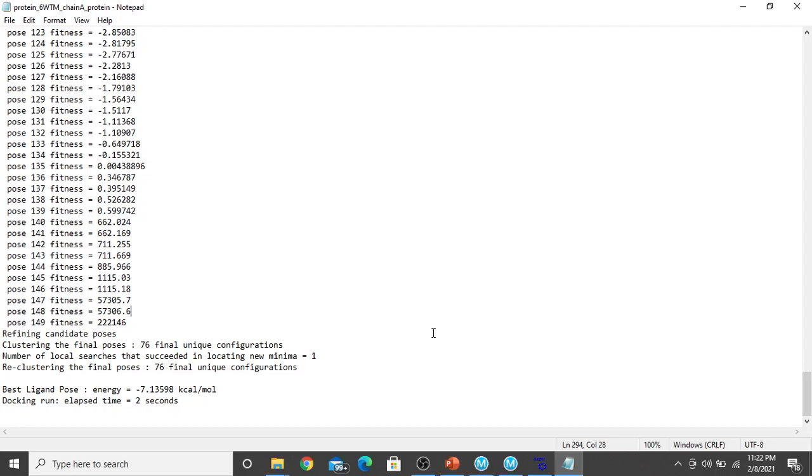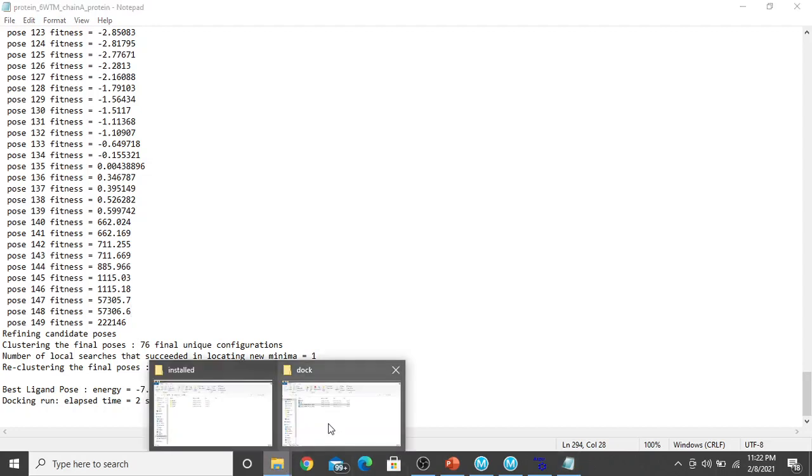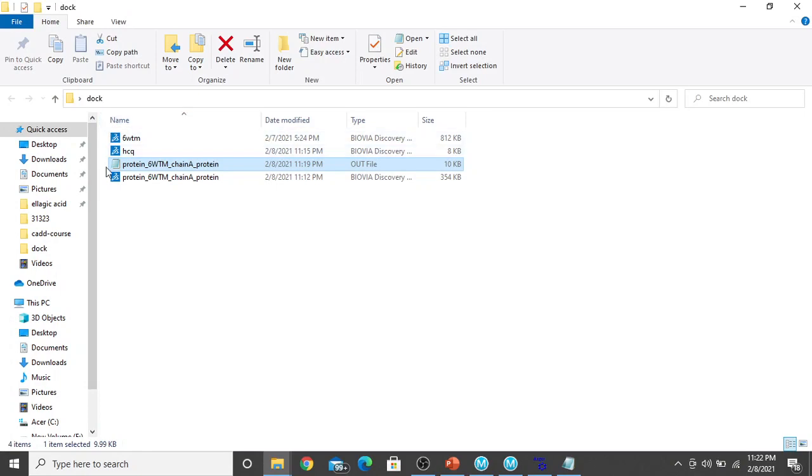Okay, so each time when you do docking, a separate folder like this, here it is a dock folder. So if you do another docking, you have to create another folder, or another subfolder in the main folder, because the output file will be created using your protein name or ligand name.